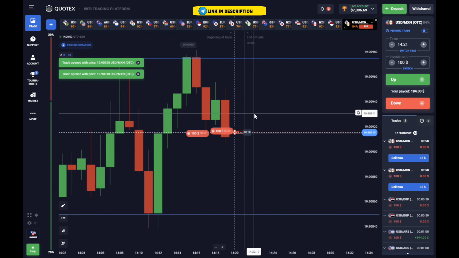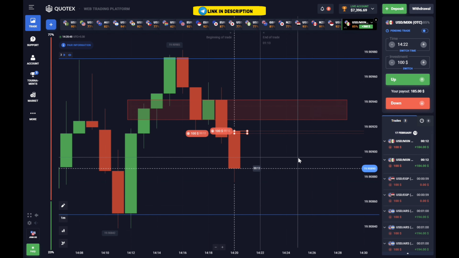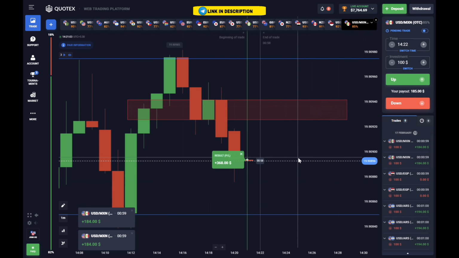Now the market is staying below the rectangle. The closing of the previous candle where I placed the trade is below the rectangle, which means there has been a breakout from the rectangle. And whenever there is a breakout, whether of resistance or support, the market moves in the same direction. At the very least, the market will try to reach the support level below, or at least that's what I personally think. That's why I placed a double trade in the downward direction here, and finally, both of my trades ended up in profit.